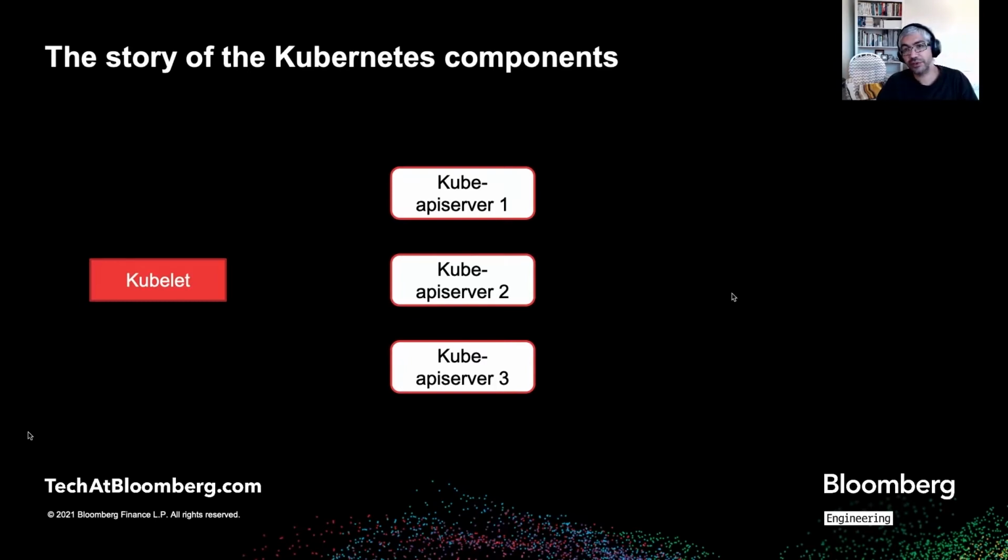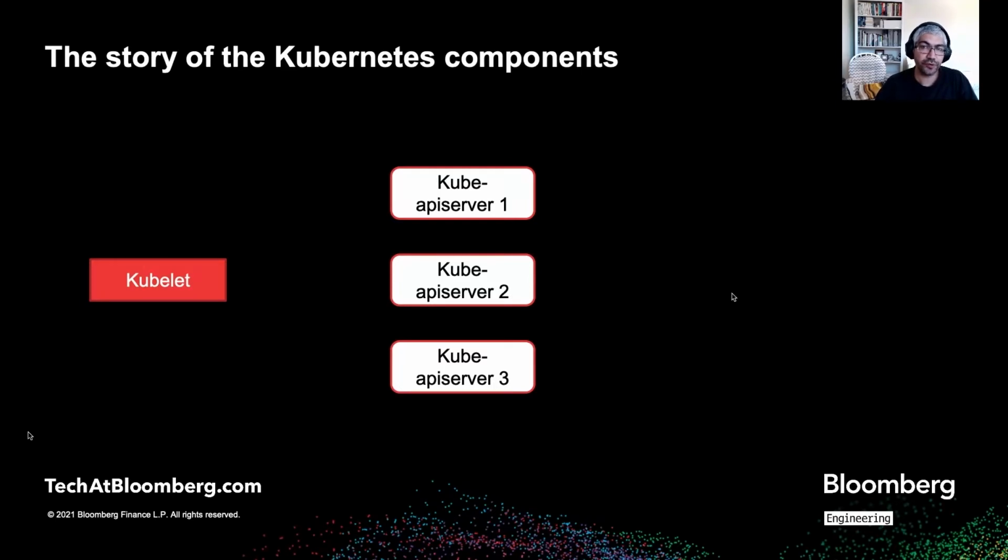The API server exposes the API of Kubernetes. It's responsible for activities such as authentication and authorization, validation. But more importantly, it's actually a front end to etcd storage, which is your single source of truth, which has everything that should be running in your cluster. So what kubelet does is it contacts the API server and says, give me a list of all the containers or pods that I should be running. And pods are just groups of containers. And then it will schedule those pods and run them on the node.